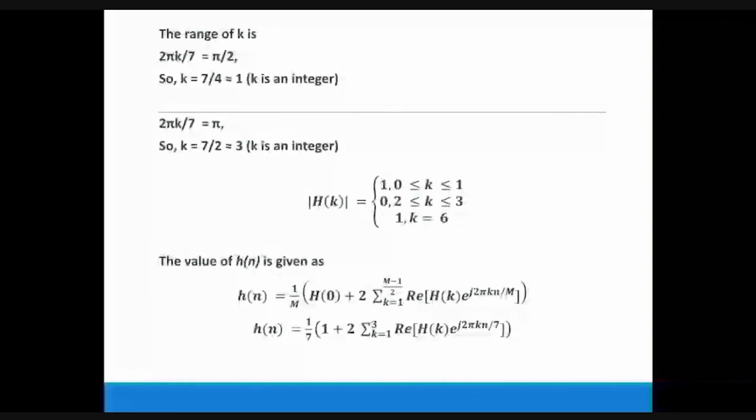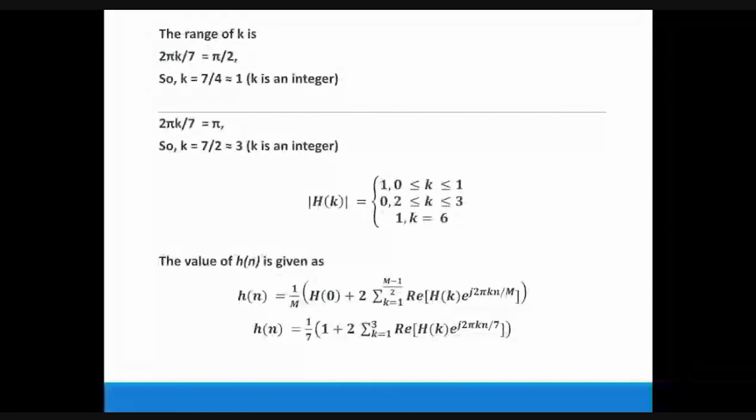And again next is the repetition. So you can write value 1 for k is equal to 6. As this is m is equal to 7, so you have to calculate only samples from 0 to 6. So value 1 for the value of k from 0 to 1, 0 for the value of k from 2 to 3, and 1 for the rest of the values up to k is equal to 6.